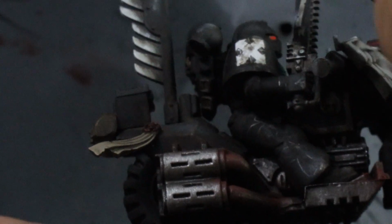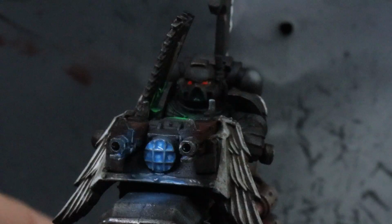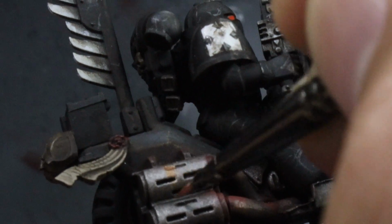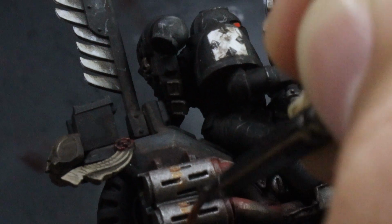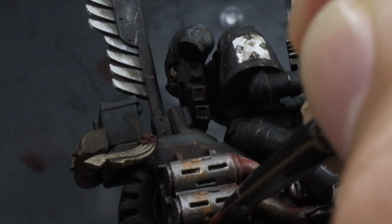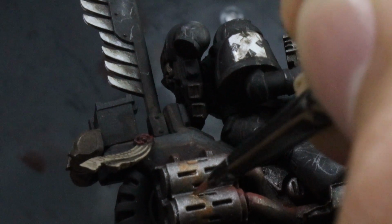So I actually used this lead pencil to write in the script on the purity seals as well. I used to use a little felt tip pen, but it was too dark in colour, so the lead pencil works fine. Now for the exhaust pipes, we want some muzzle burn, so use any gold or brassy colour